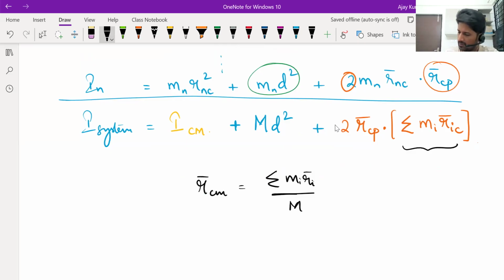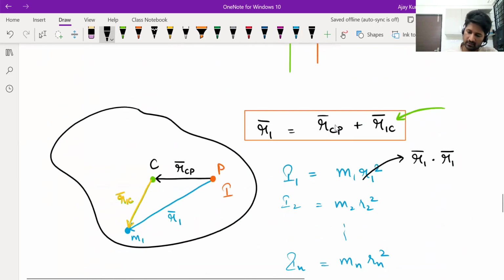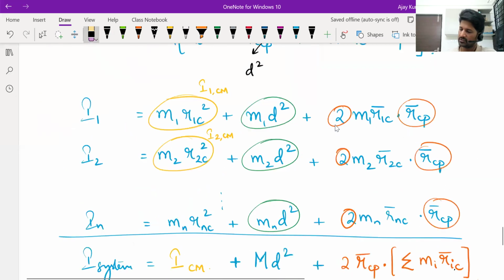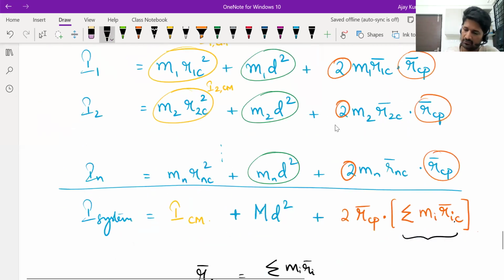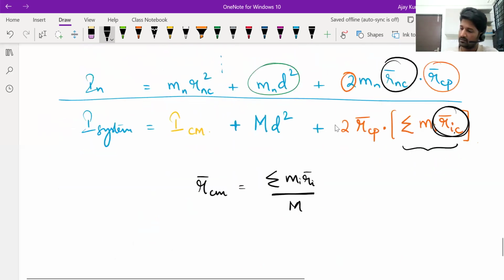Good. Now here we have that term sigma mi ri, but notice that ri is taken with respect to center of mass. Okay, like let's go back to the diagram. R1c is position of first particle with respect to center of mass. Similarly, R2c is the position of second particle with respect to center of mass. So you have these terms here, R1c, R2c, so on up to Rnc. That is what you put in the sigma bracket. So what will you end up getting? You will end up getting this bracket, like say sigma mi ri